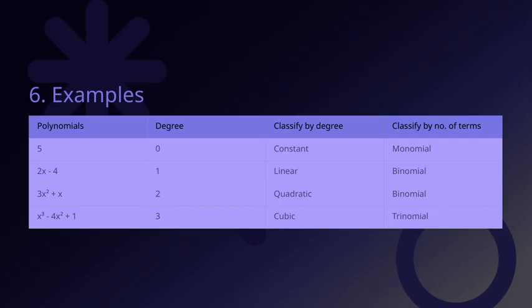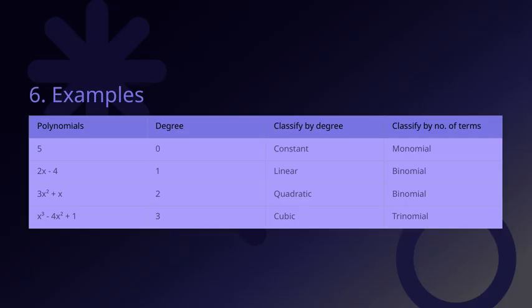Moving on, look at 3x squared plus. This polynomial has a degree of 2, making it quadratic. Quadratic polynomials often produce parabolic shapes when graphed. Finally, consider x cubed minus 4x squared plus 1. Its degree is 3, which makes it a cubic polynomial. Cubic functions can have more complex shapes, with the potential for multiple turning points. These examples help illustrate the classification by degree and the number of terms, reinforcing how understanding these categories is fundamental